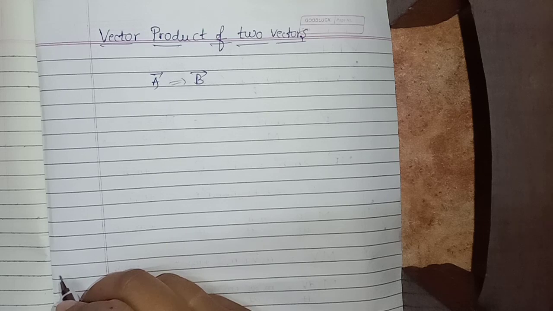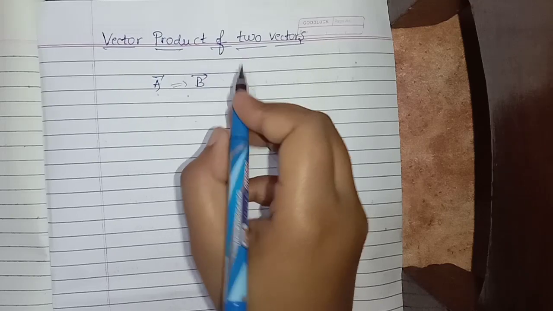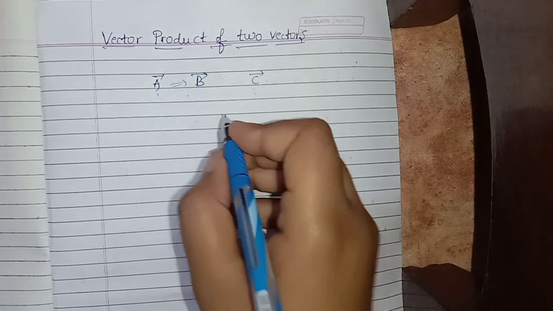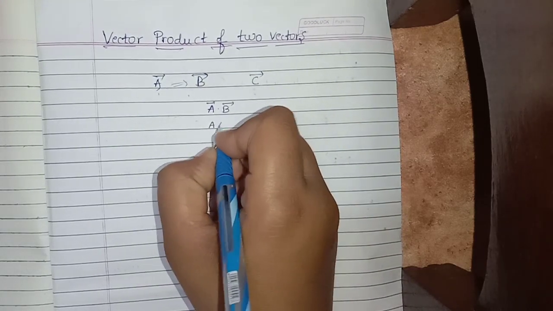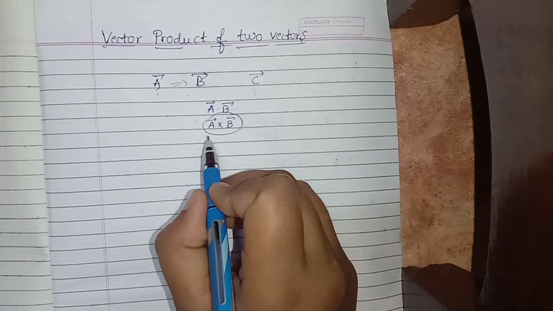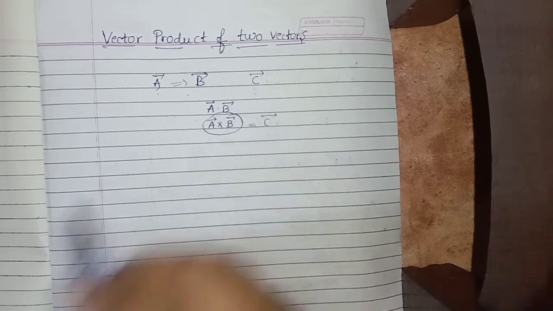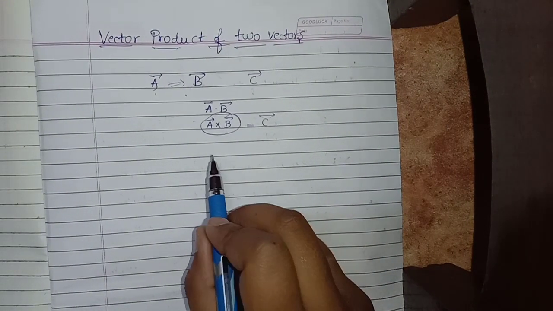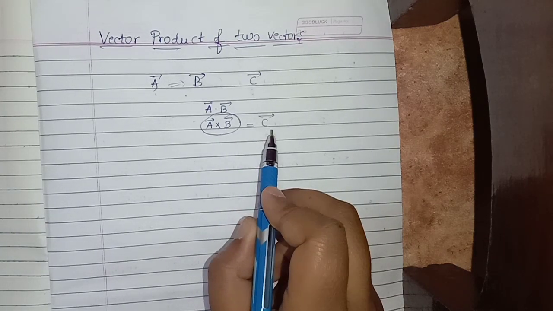Now consider that the vector product of these two vectors A and B is one more vector C. You know the dot product, A dot B, and the vector product is A cross B. So the vector product of A and B is equal to C. Obviously C is also a vector. Here the vector product of two vectors A and B is one more vector C, such that